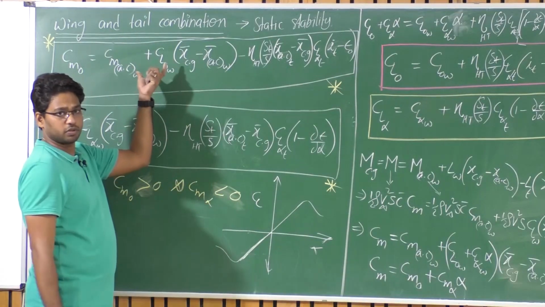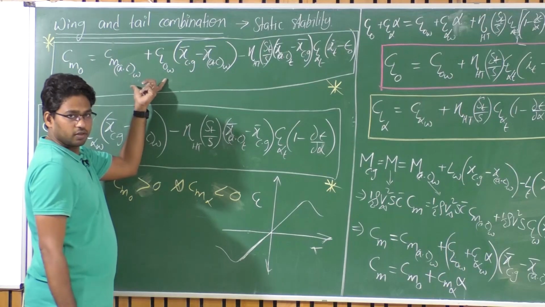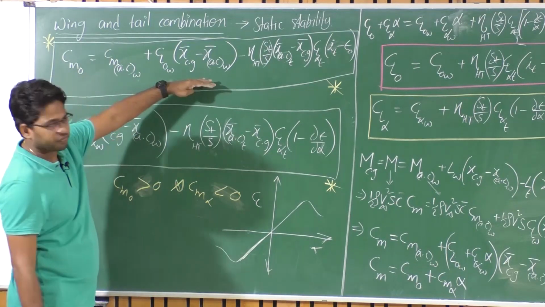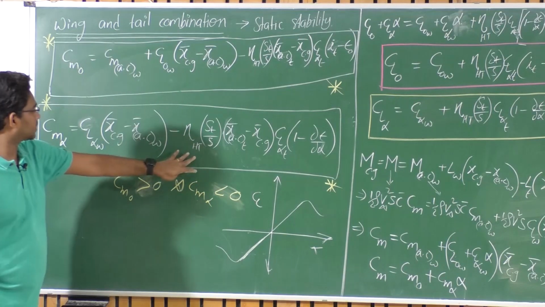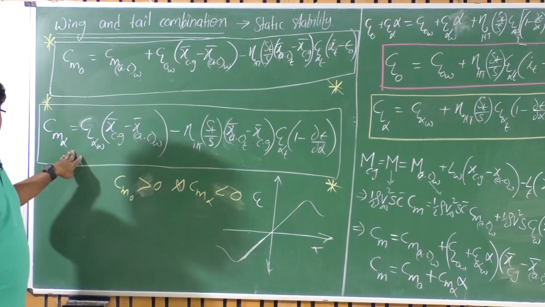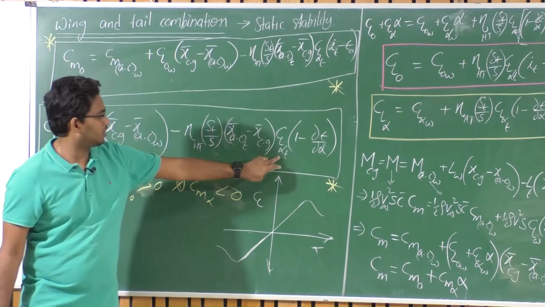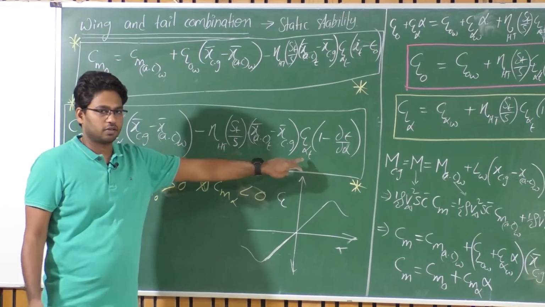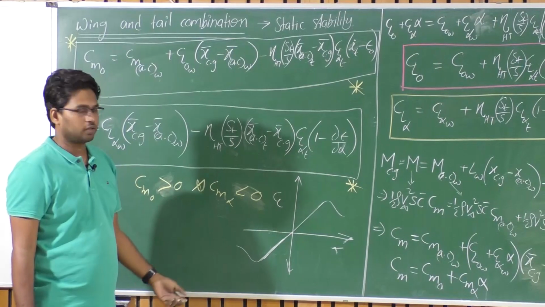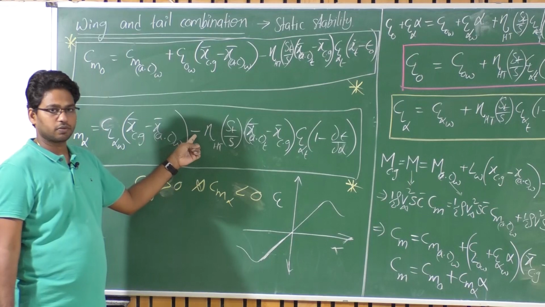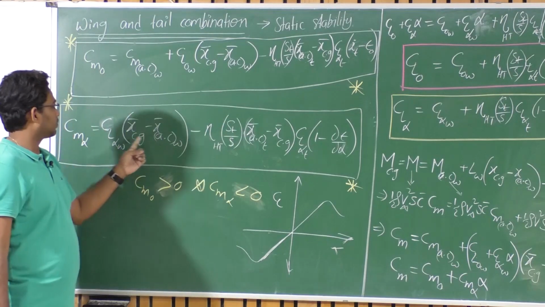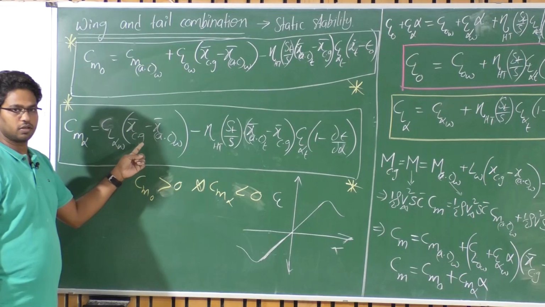For the wing, I am talking about the wing. If it is a cambered wing, right? So irrespective of that, whether symmetric or cambered aerofoil, this still remains negative. Am I correct or not? Because see, CL alpha, whether symmetric or cambered, it doesn't matter. It has its own CL alpha, right? And all these terms are positive, right? So this becomes negative, even though this CG is behind the AC, right?